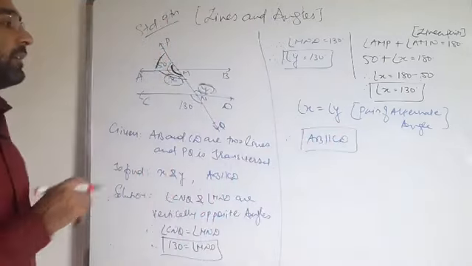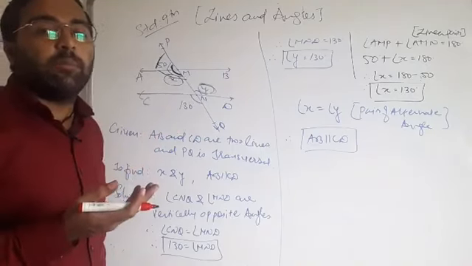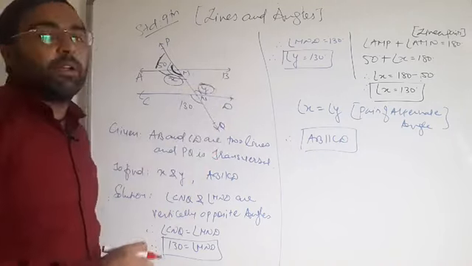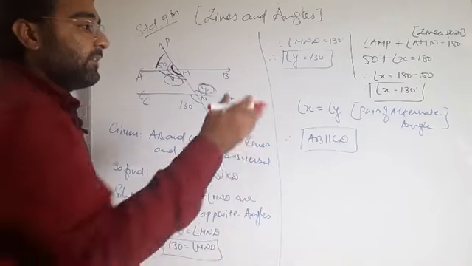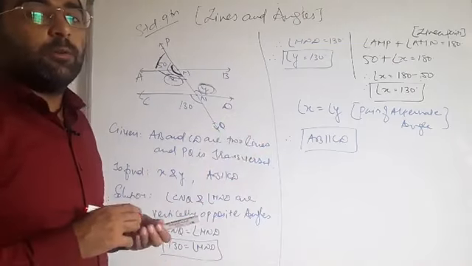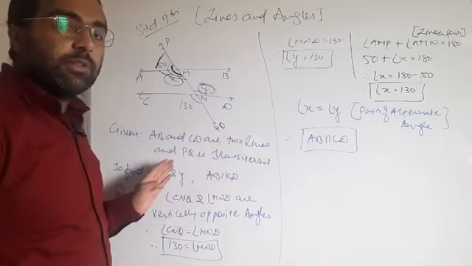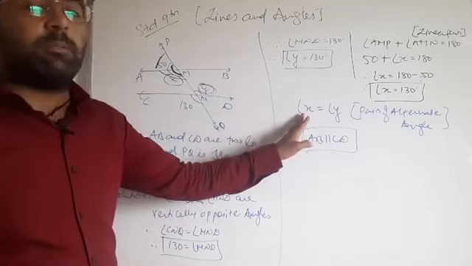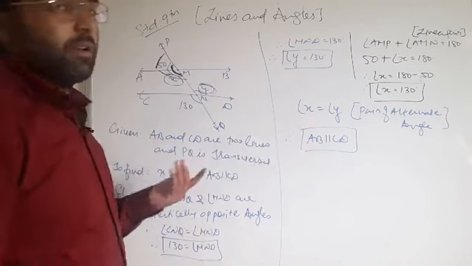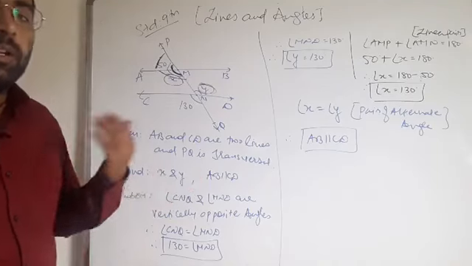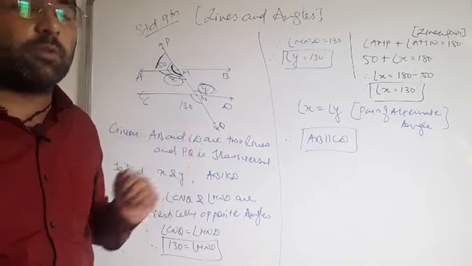Here a pair of alternate angles is formed. AB and CD are not given as parallel in the question, but here a pair of alternate angles is formed. That's why we have to write that they are parallel, from the theorem that I will teach you. Okay, it is a basic concept from before this question.